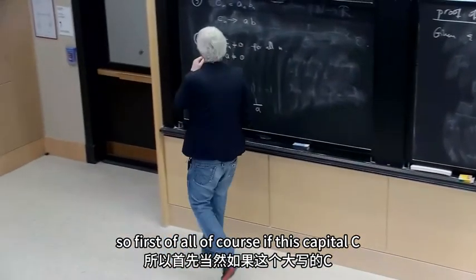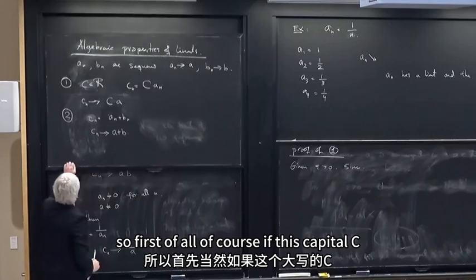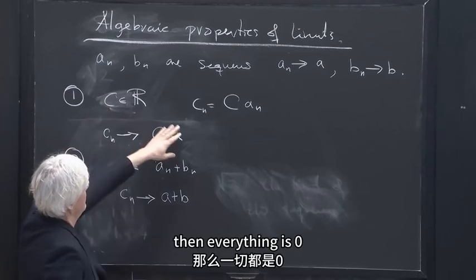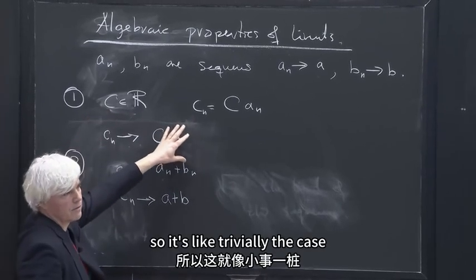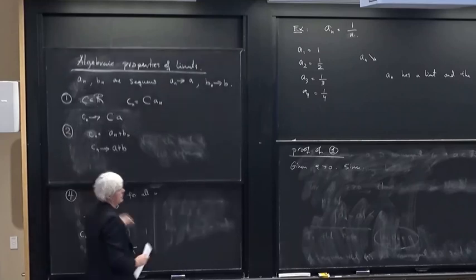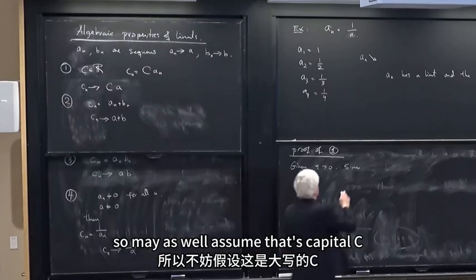So first of all, of course, if this capital C is 0, then everything is 0. So it's trivially the case. So we may as well assume that capital C